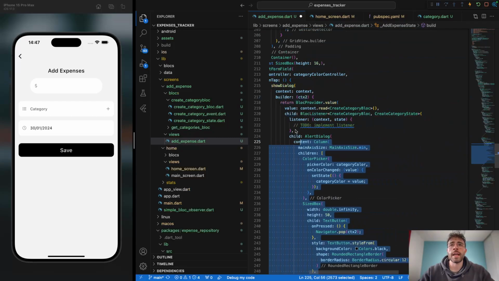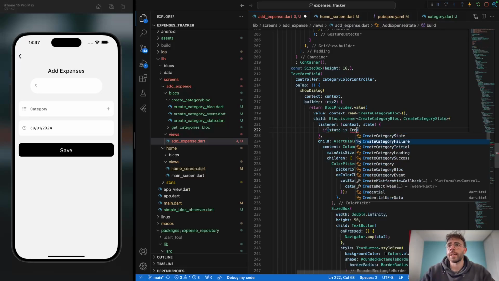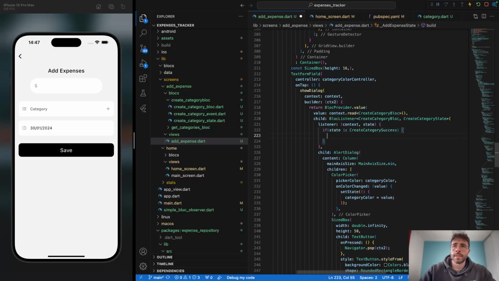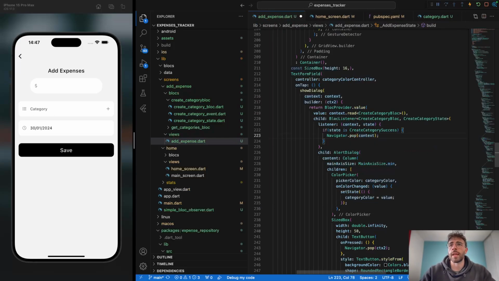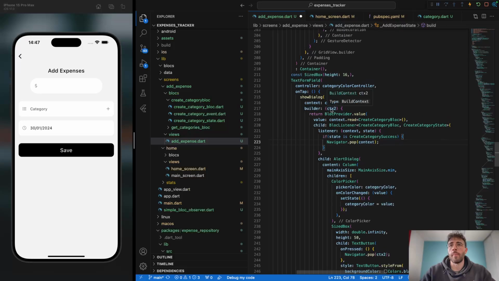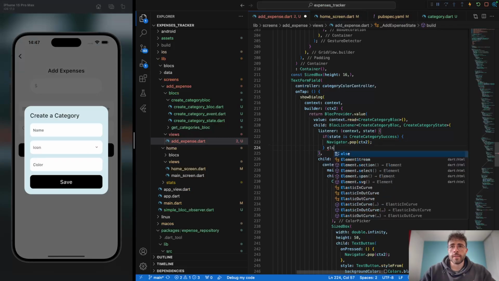And now within my listener I want to say if the state is create category success, navigator dot pop context 2. Okay. And else,